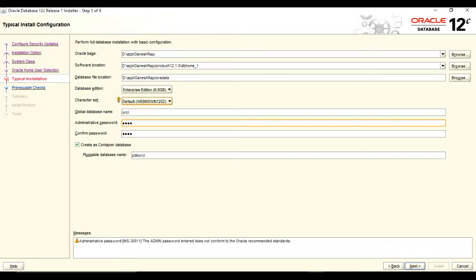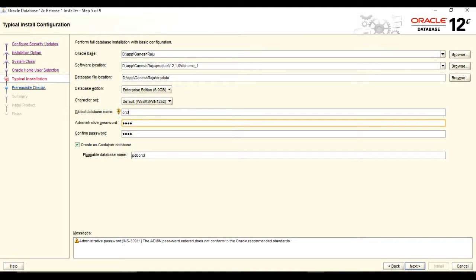And here you find the global database name. Automatically the system gives ORCL. You can specify any name you like, and you need to remember this one. And you give the administrative password.